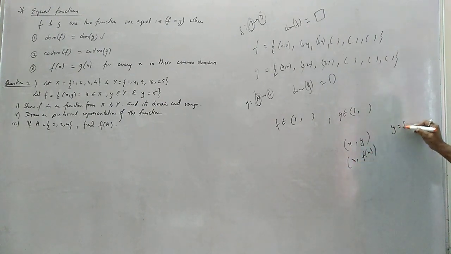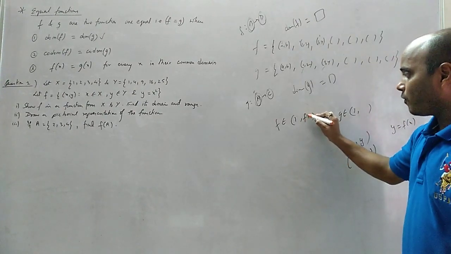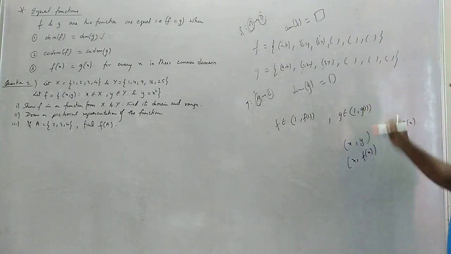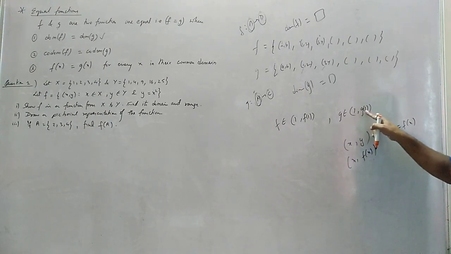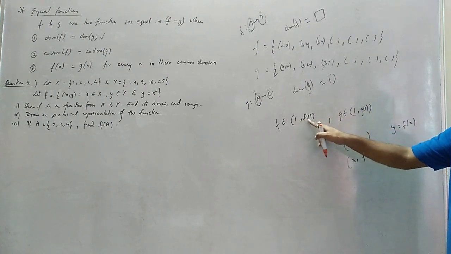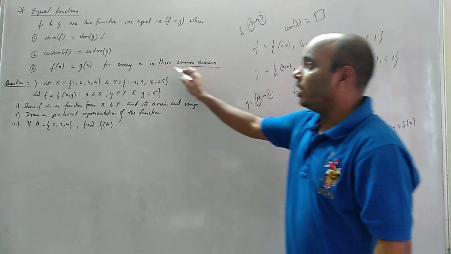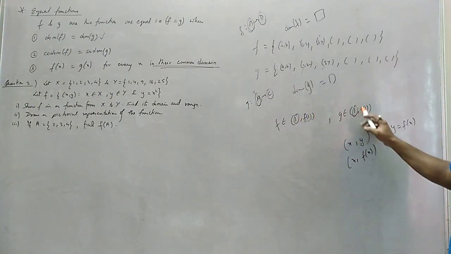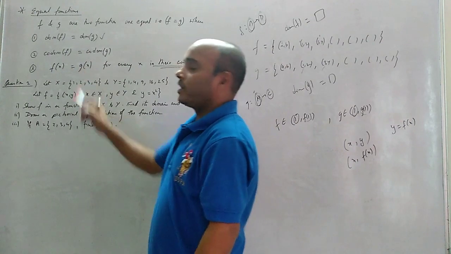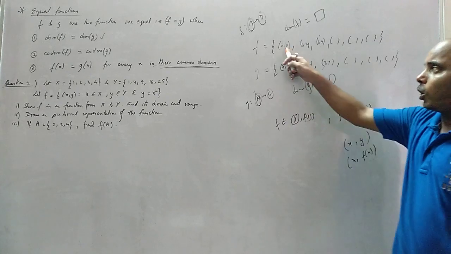Y को मैं f of x लिख सकता हूँ. So that means whatever you have here, I substitute here. So यहाँ पे जो भी होगा वो f of 1 होगा, और यहाँ पे जो भी होगा वो g of 1 होगा. x यहाँ पे, y कहते हैं f of x. तो यहाँ पे 1 है, यहाँ पे g of 1, क्योंकि g फंक्शन है. Okay, so for their common domain, that is the meaning of this. Same domain. There, f of 1 and g of 1 will be equal. F of x equals to g of x equal होना चाहिए. Clear? You understand?